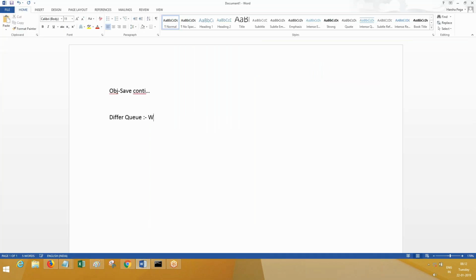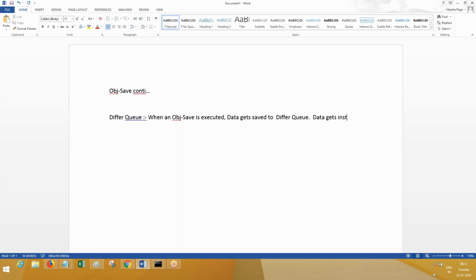So what is defer queue? When an obj save is executed, data gets saved to where? Defer queue. It's like virtual, okay?